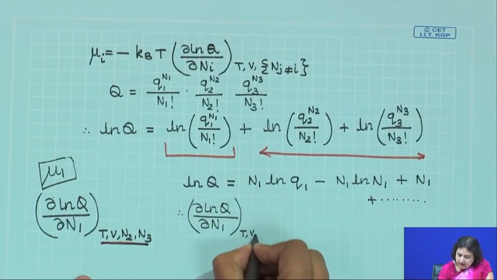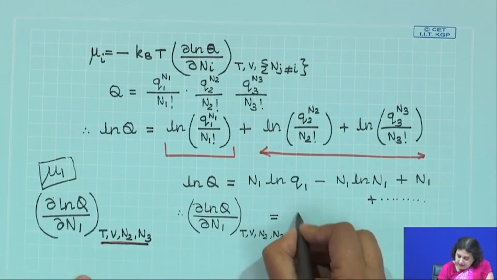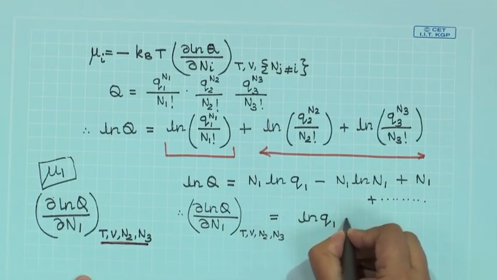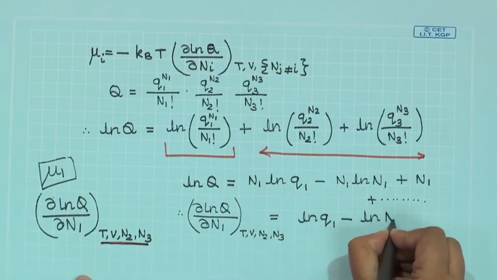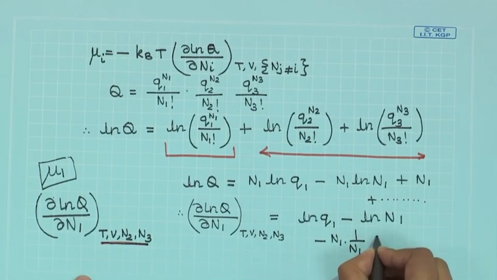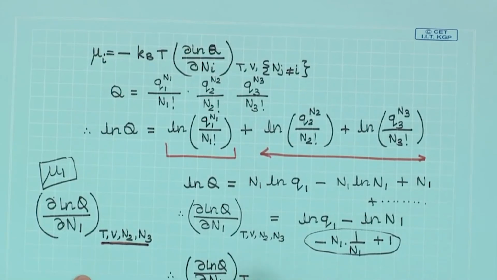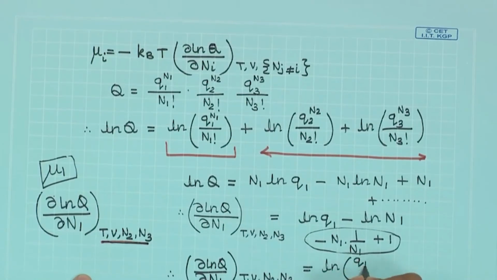Keeping T, V and N2 and N3 constant, I must have ln Q1 minus ln N1 minus N1 into 1 by N1 plus 1. Okay. Now, these two terms cancel with each other. So, what I am left with is del ln Q del N1 under the condition of constant temperature, volume, N2 and N3, that is equal to ln Q1 by N1,